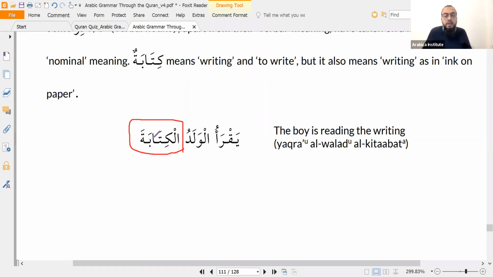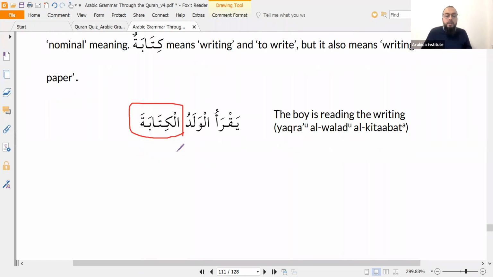We've given it a concrete, more nominal, physical meaning, and we've taken it away from its verbal force. So when I use the word kitabatun to mean physical writing, the writing you can see on my screen right now, that's kitabatun. That word kitabatun there has lost its verbal force. You understand what I mean? Yeah, because it's now referring to something physical like a normal noun. But if I say I love writing, I'm saying I love the concept of writing. So there, it's still within its verbal force.